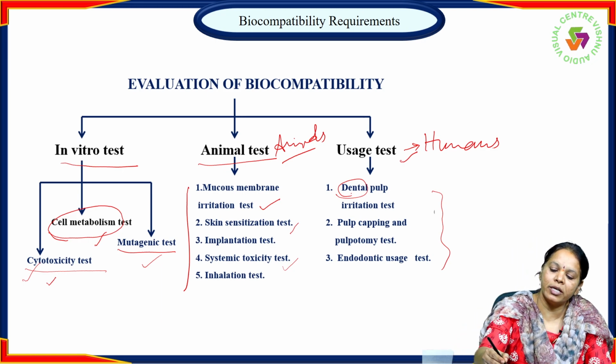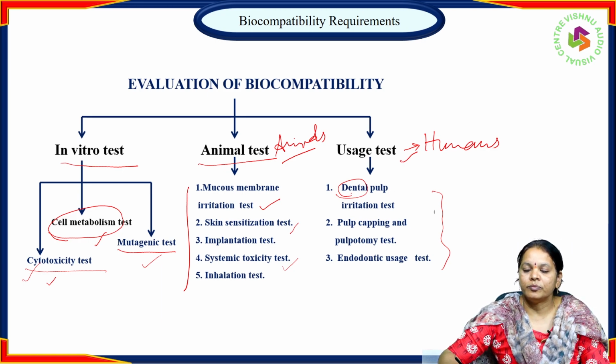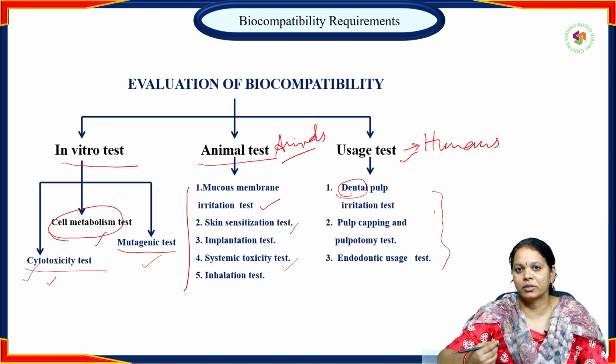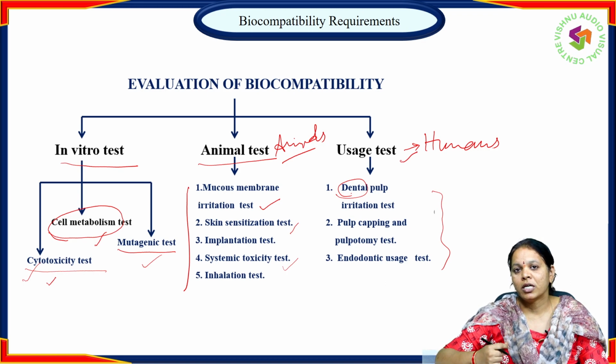Say suppose for dental application, we want to replace the artificial tooth. The tooth is missed or dislodged, so we want to replace it with an artificial tooth. So in that we have to fabricate the artificial tooth with an artificial material which needs to be implanted into